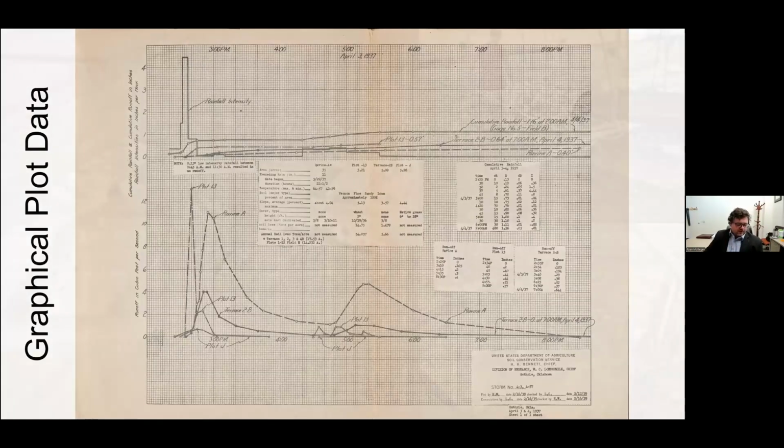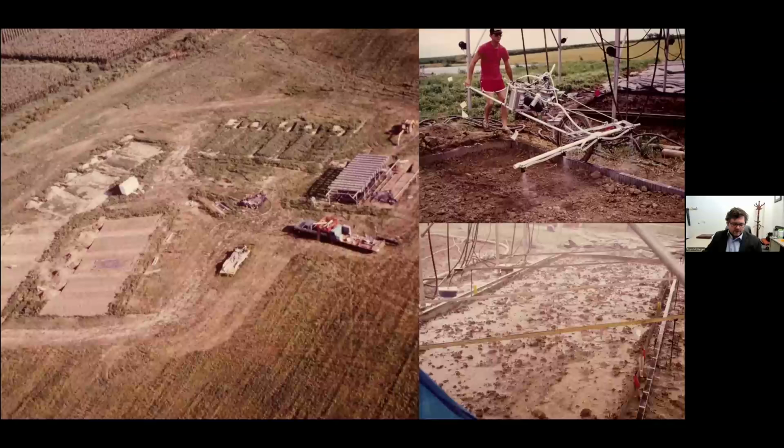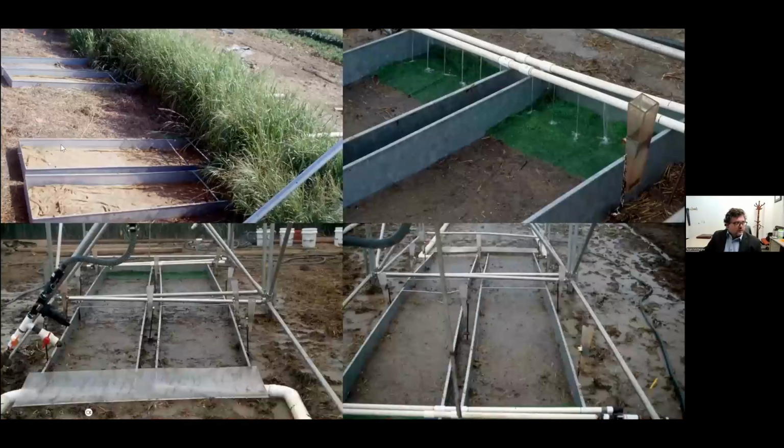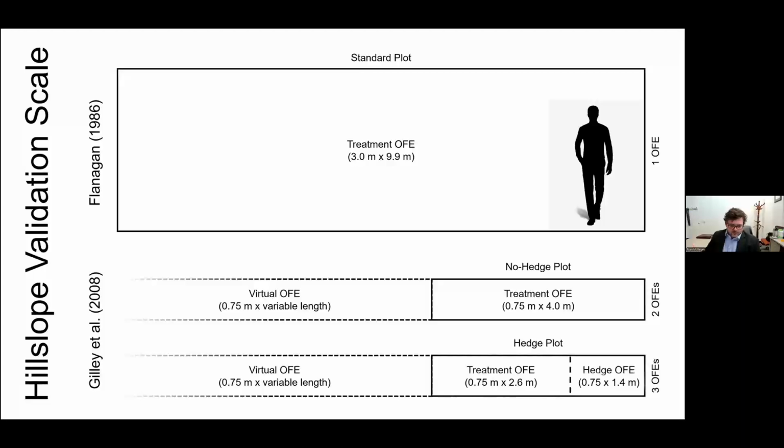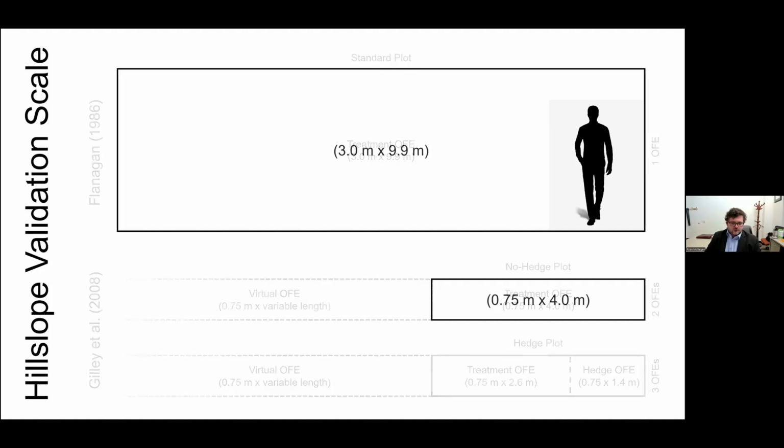I just want to provide some reference because these are two sets of pictures from a recent study that I did with model development, just to show you that we don't work with such large plots anymore. This was a study from the 1980s, and this is a study from the late 2000s, before the 2010s. These are very small plots. As you can see, these are very small 1-inch PVC pipes, and our plots are much smaller than they used to be. This is just helping you understand the scale of USLE versus what we're doing today with modern data. I'm going to clean this up so you can see it more clearly.